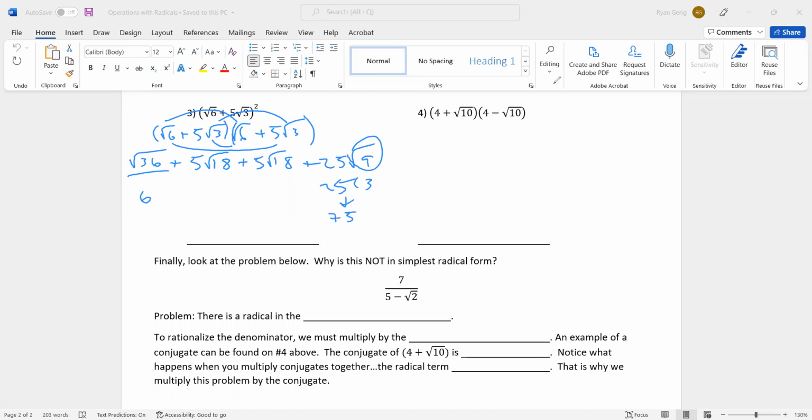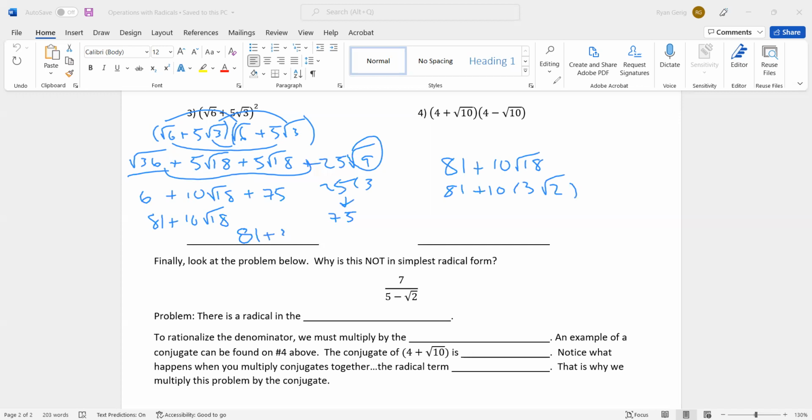All right. These two can combine to 10 radical 18. So I got 6 plus 10 radical 18 plus 75. Well, 6 and 75 makes 81 plus 10 radical 18. But the problem is radical 18 can actually be simplified. So I'm going to go over here and then I'll delete it later. So I've got 81 plus 10 radical 18. I got to break down 18. That's 3 radical 2. And there I get my final answer of 81